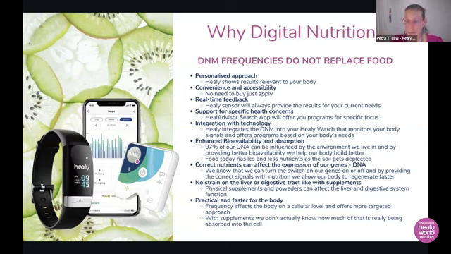But as time passed, we started digging deeper. As I said, digital nutrition frequencies do not replace your food. You still need building blocks. With Healy, we have our Healys that can apply the frequencies to the body. We also have the Healy watch, which measures the feedback of your body and recommends certain digital nutrition frequencies, because it senses what minerals and things your body needs and is depleted of, and it can apply that back. So it's real-time